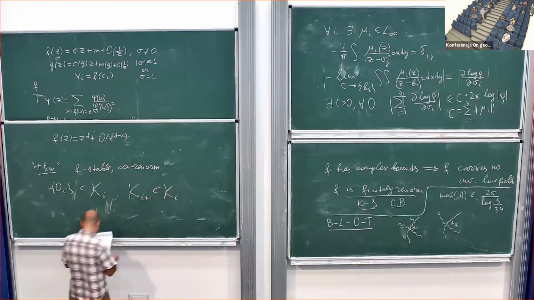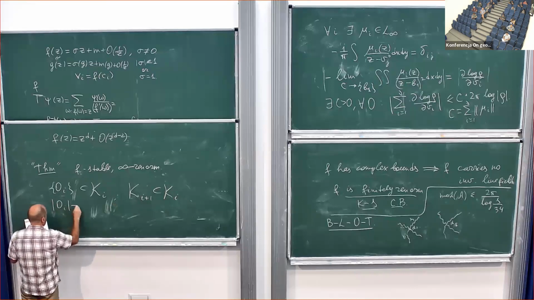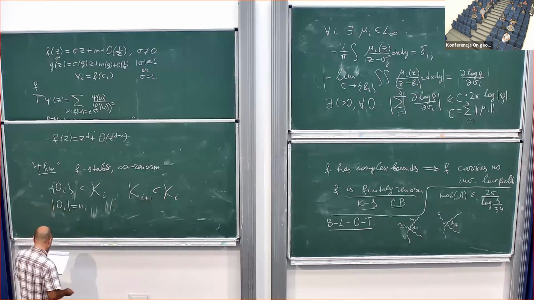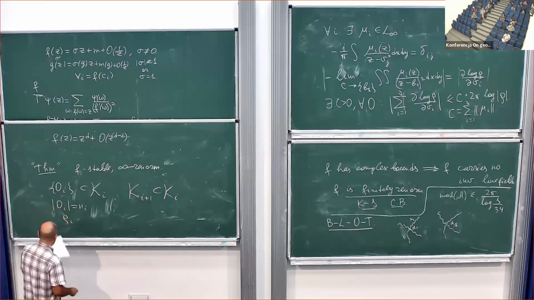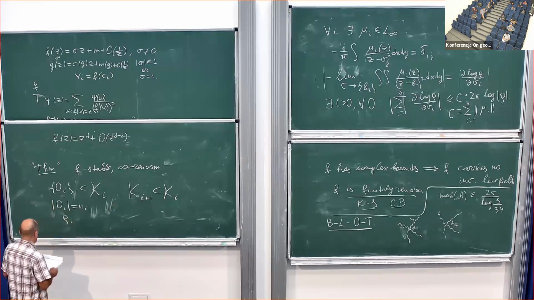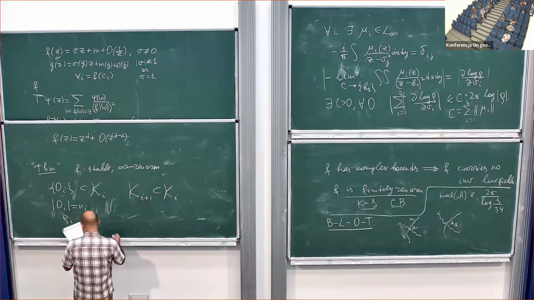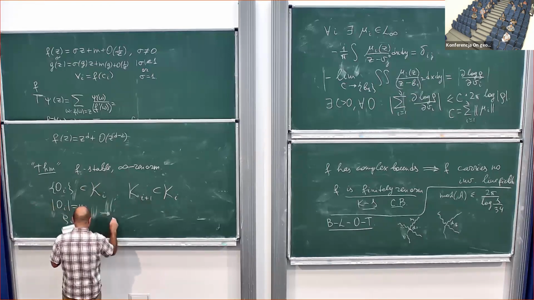Okay, and this is the period of this orbit and its multiplier. They are all repelling. Now, assuming f is stable, then